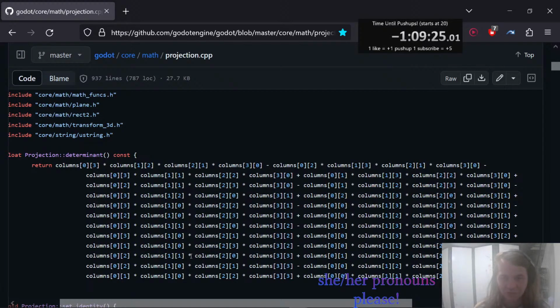* columns[2][3] * columns[3][0] - columns[0][3] * columns[1][2] * columns[2][0] * columns[3][1] + columns[0][2] * columns[1][3] * columns[2][0] * columns[3][1] + columns[0][3] * columns[1][0] * columns[2]